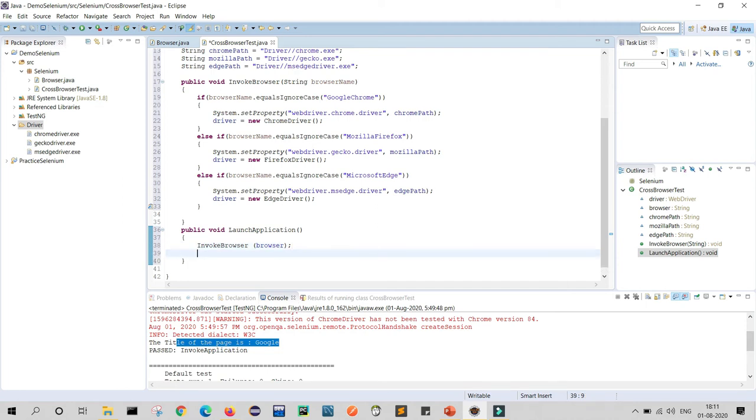And once my browser opens, then what activity next? I will launch the URL.